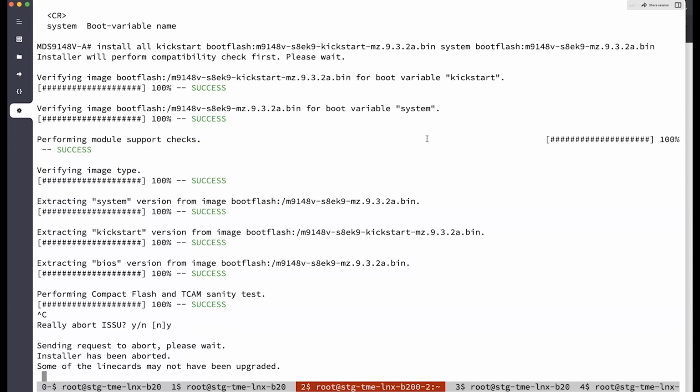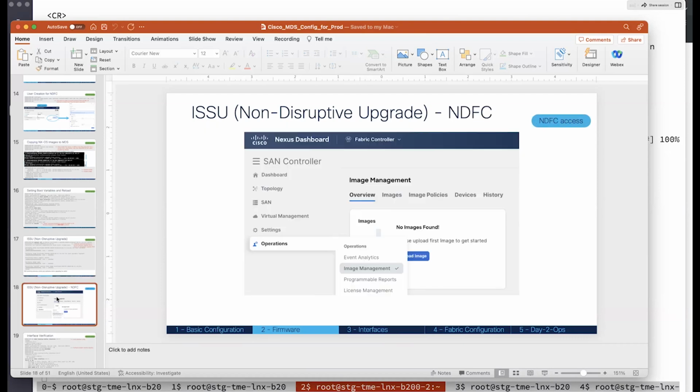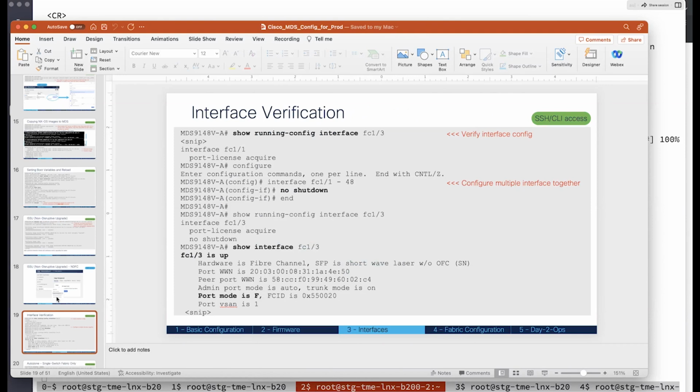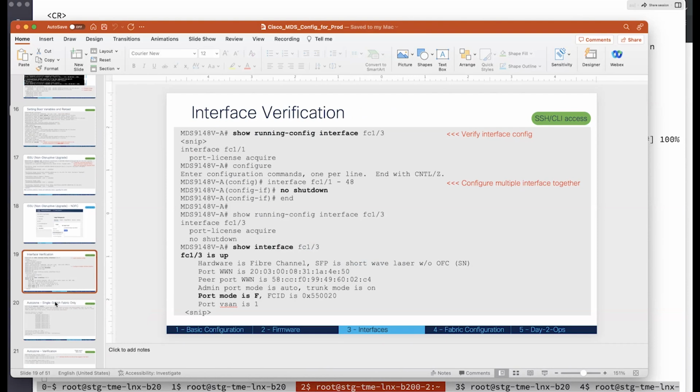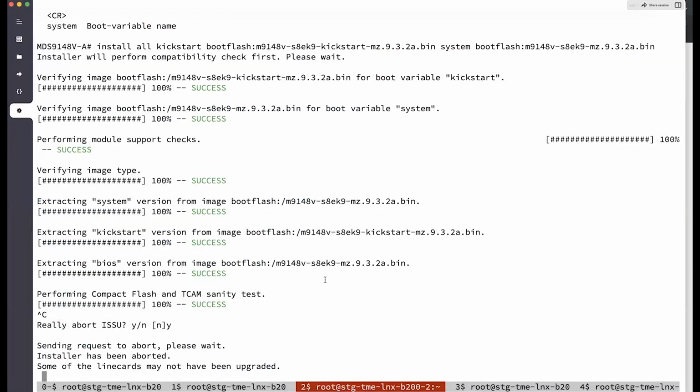Yeah, and it's just standard messaging, but as I said, this is how you would upgrade or non-disruptively upgrade an MDS switch. You could also do it from NDFC. I'll show you that because we have not yet discovered the switch. Before we do that, I want to show you a feature called Autozone. Now, for that,